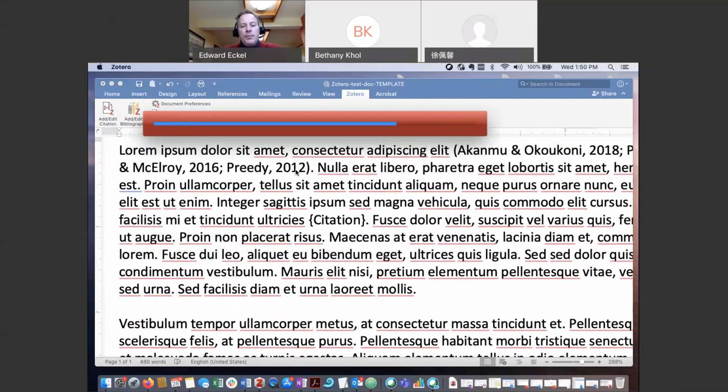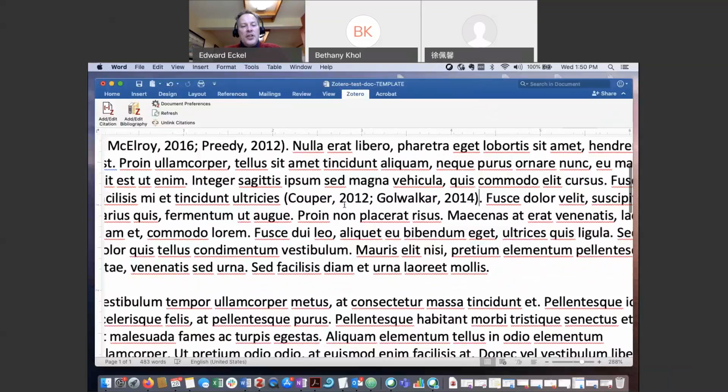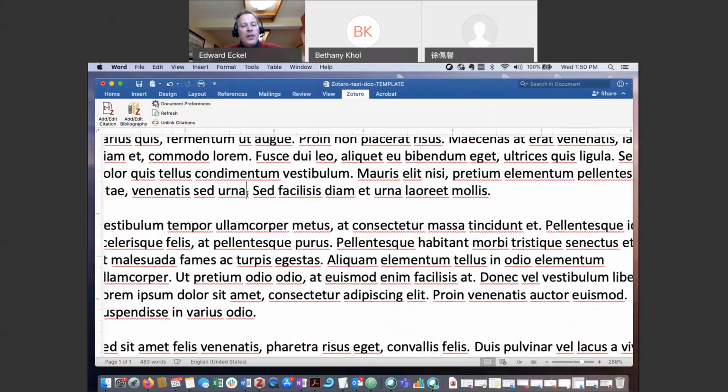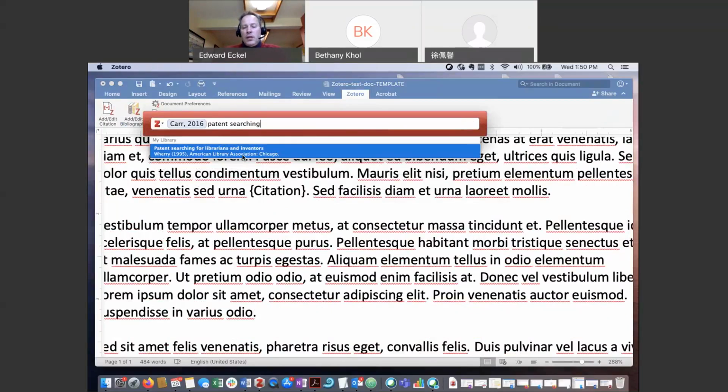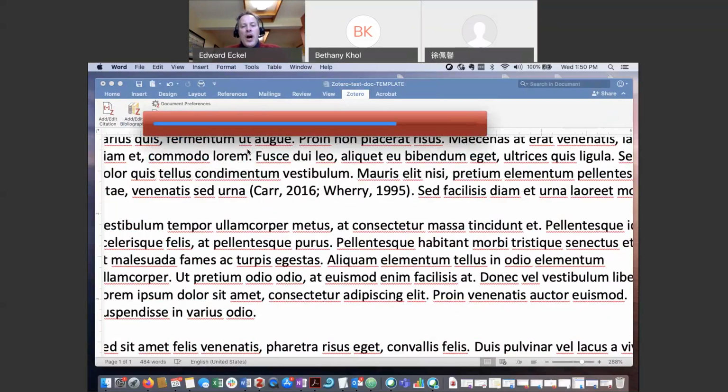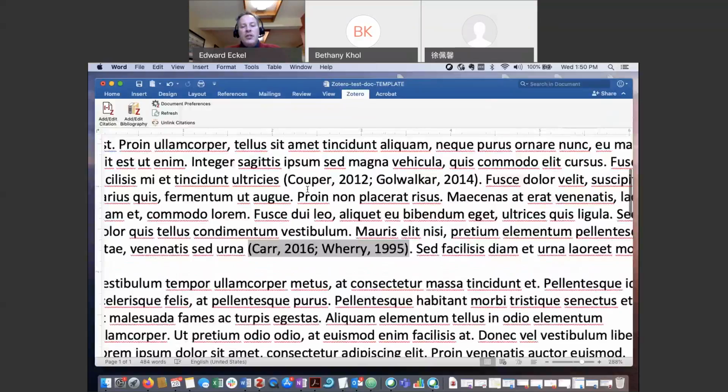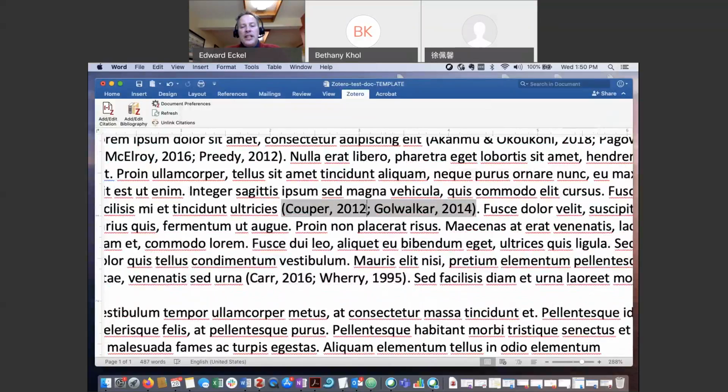Hit enter. References are added. I'll do this one more time. Okay. Hit enter. If you want to remove a citation from a spot, just click where the citation is and